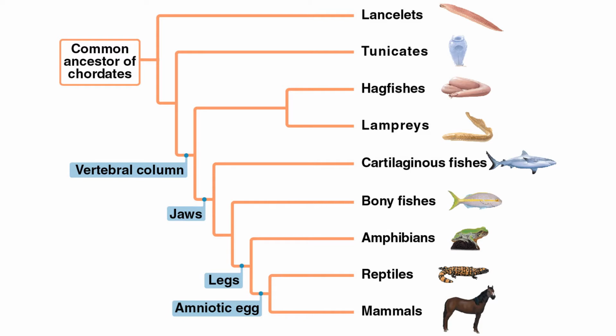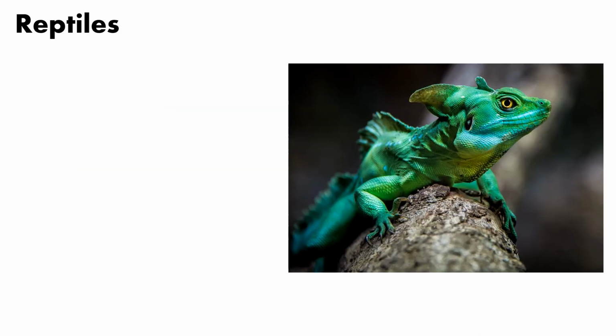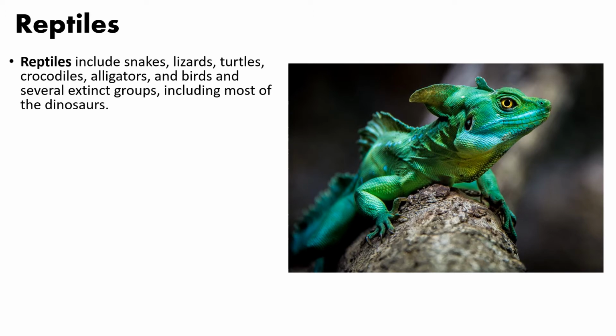emancipation from the water. So you no longer have to be in the water for reproduction. The reptiles and the mammals are going to have the amniotic egg, which allows them to cut their ties with water and allows them to reproduce on land completely. So we're now going to talk about class Reptilia, and the reptiles are going to include snakes, lizards, turtles, crocodiles, alligators,